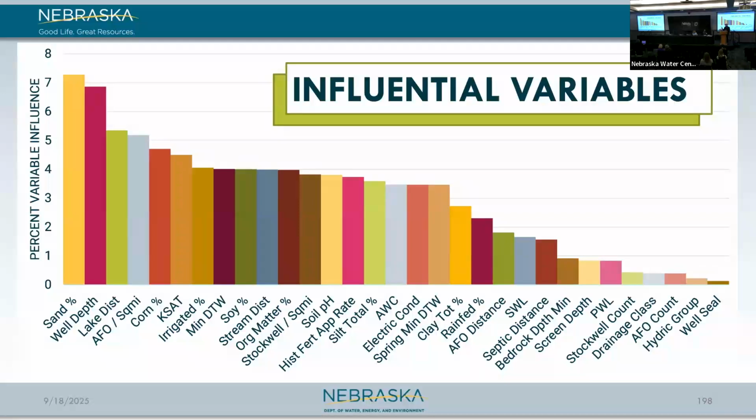One thing I'll emphasize about variable influence is this is not quite the same as a regression coefficient. So you wouldn't say sand explains 7% of the variance in the data. It's just a measure of how much better each one of these variables makes the model. The other thing to note, if you go online and interpret these data later, is for variables that we don't have